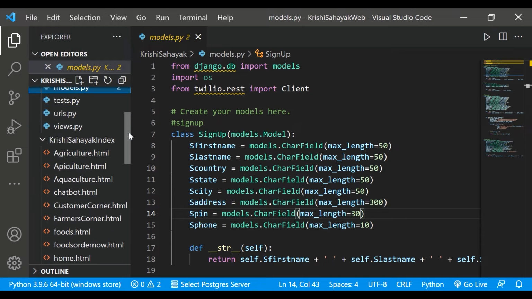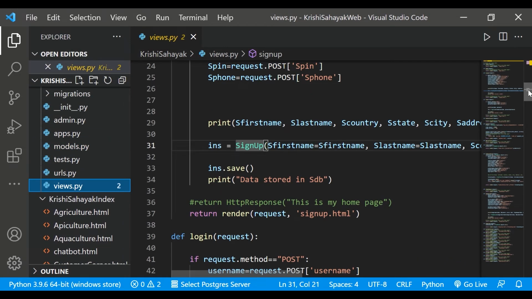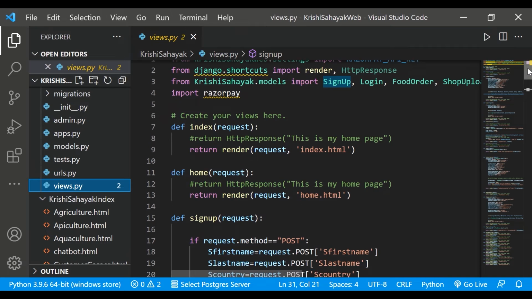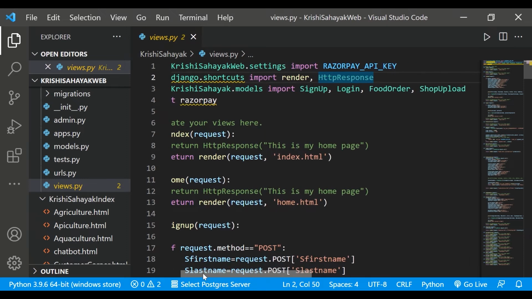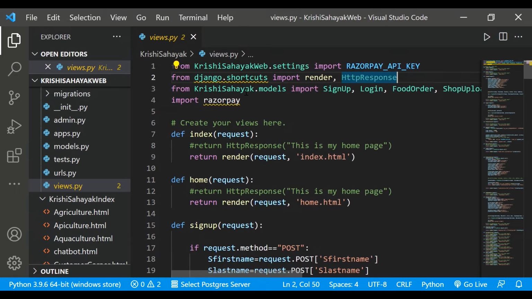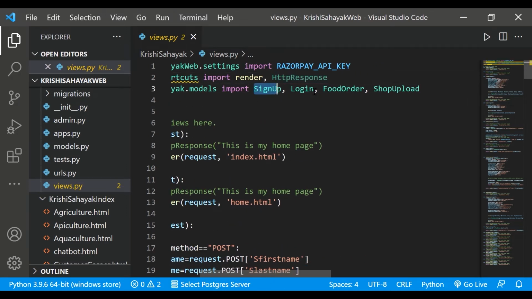So I have all the HTML files, and in views.py I have created functions for all the HTML files. So at first in views.py I have to include this line first: from django.shortcuts import render and HttpResponse. Now from the app folder dot models, so from models I have to import the models that I have created.